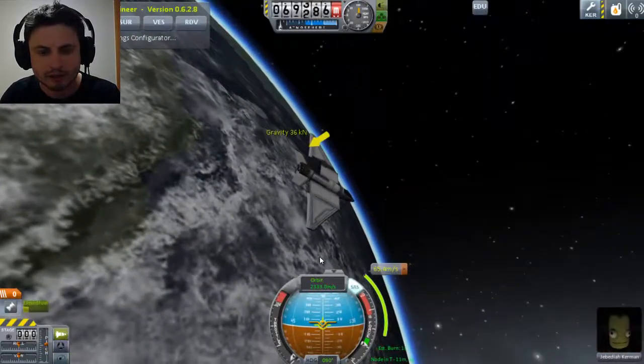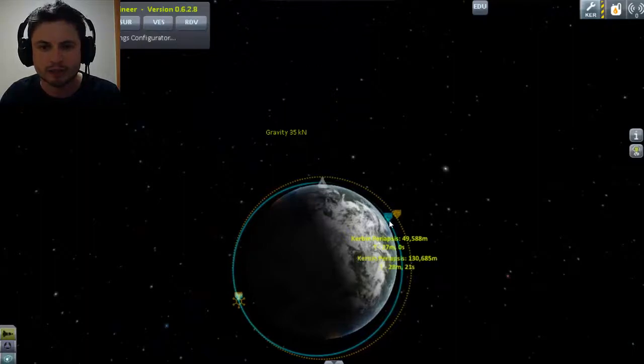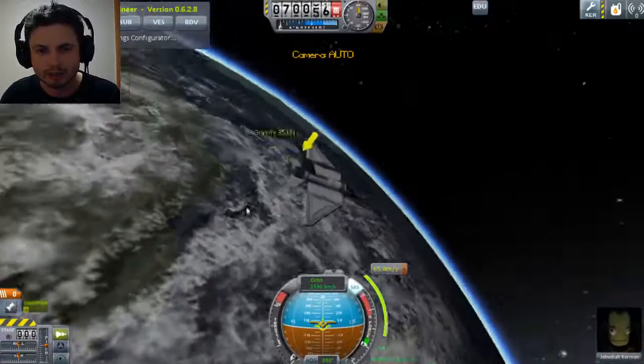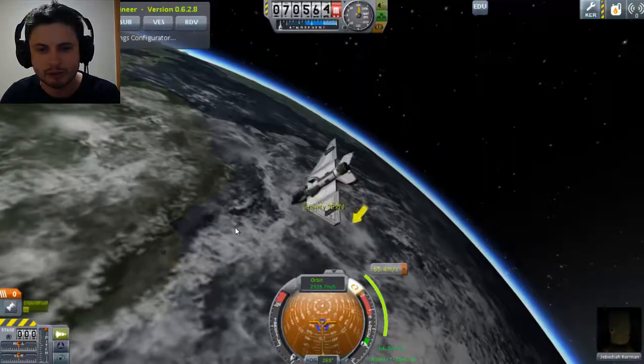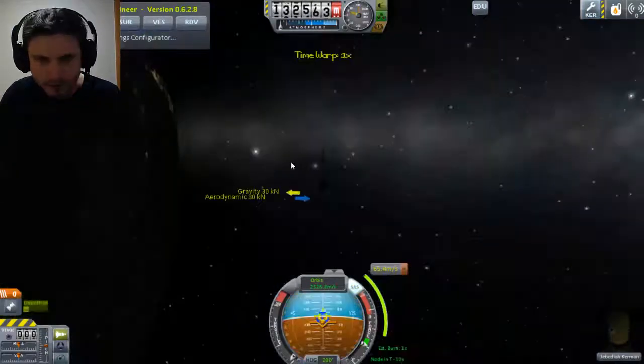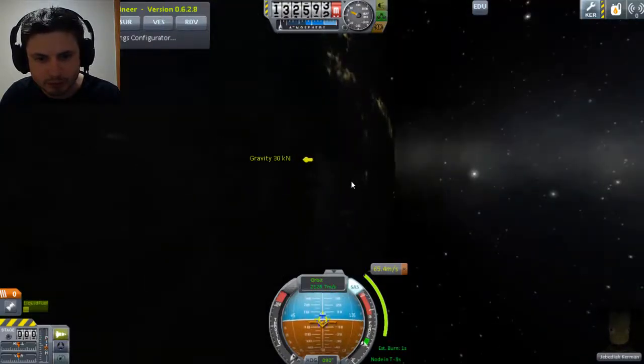Because right now, if I move the way I'm moving, I'm going to fall back down into the atmosphere right here. However, I don't want that. I want to go in a perfectly circular orbit. Alright, so I'm ready for my final blast off, and this will give me a perfectly circular orbit in about